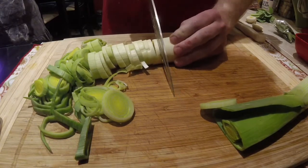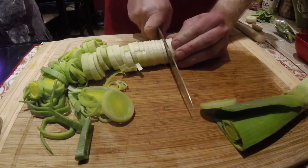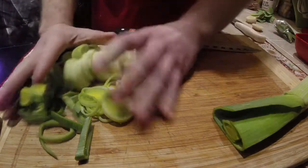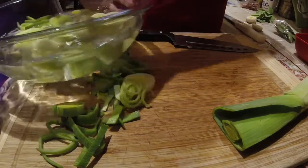The ends of these get a little bit harder, so I'll cut them a little bit thinner than I did at the top, just because they're a lot more solid than the rest of them. And into a bowl, right? Yep. So you're going to have yourself a big old giant bowl of water,